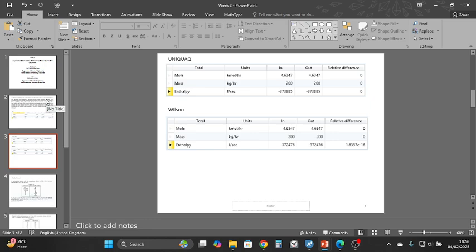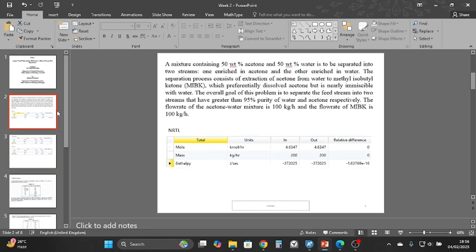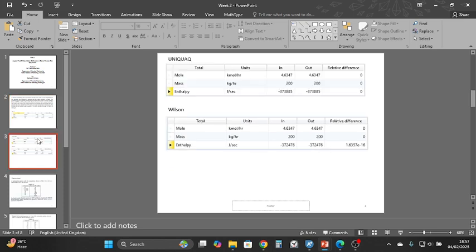You can see the values they are giving are almost correct, and there is perfect mass balance and energy balance across the block over here. That is of the order of 10 to the power minus 16, which is highly negligible. But even then, for the sake of accuracy, if we want to determine which property method to choose,